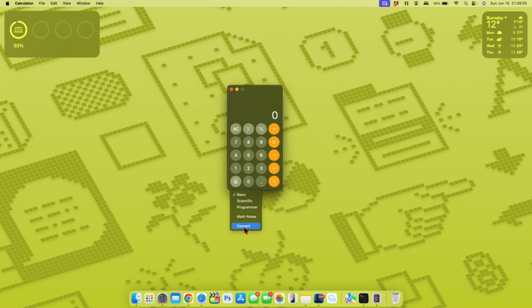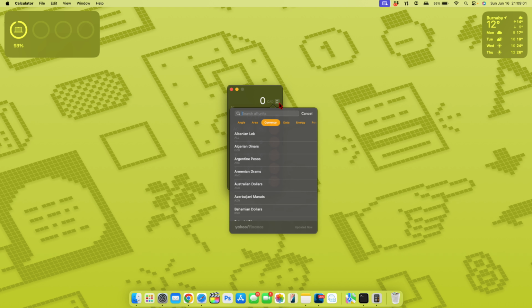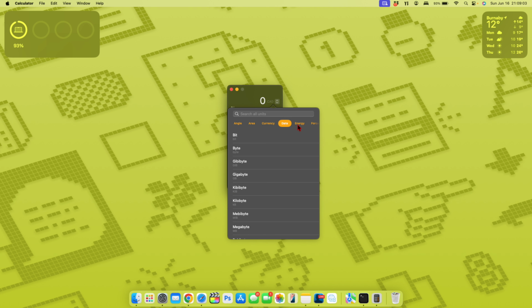Apple also adds the ability to do different conversions, so you can do currency conversions, and you can also do different ones such as data, energy, force, fuel, length, power, pressure, speed, temperature, time, volume. So it's good to see that what's been added to the iPad also comes to the Mac